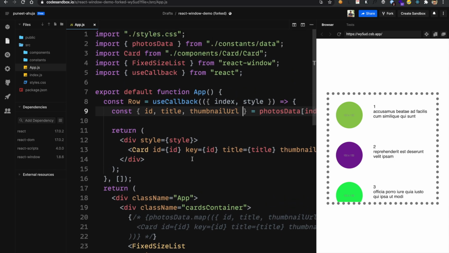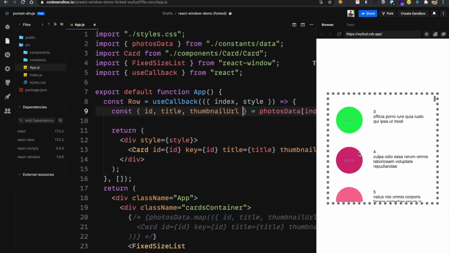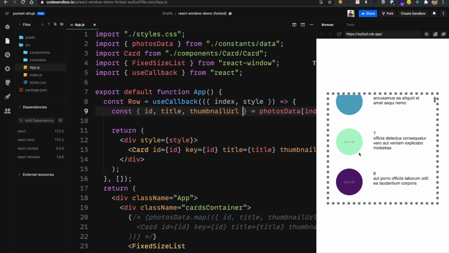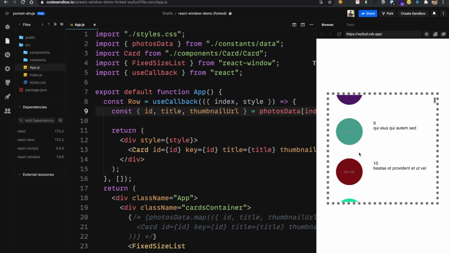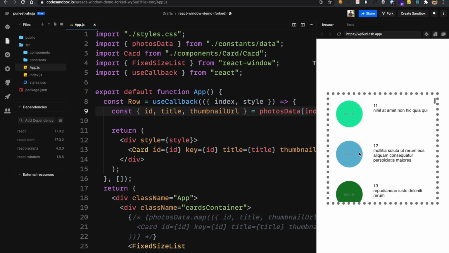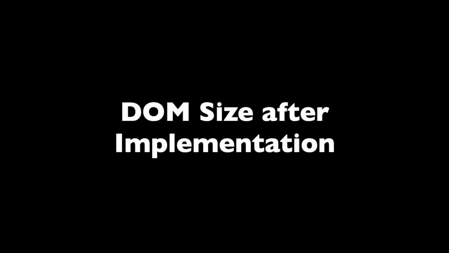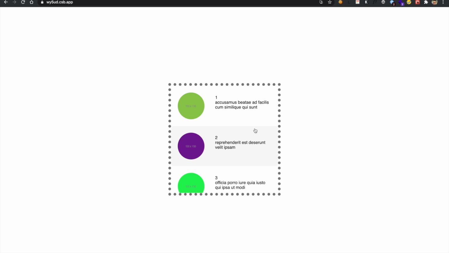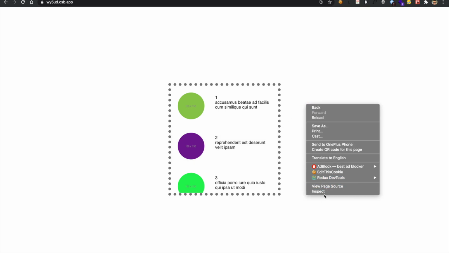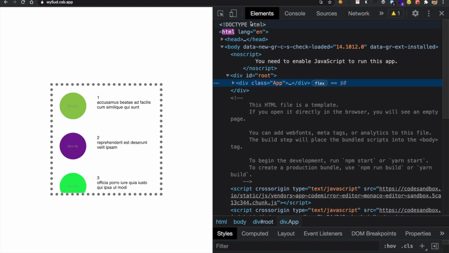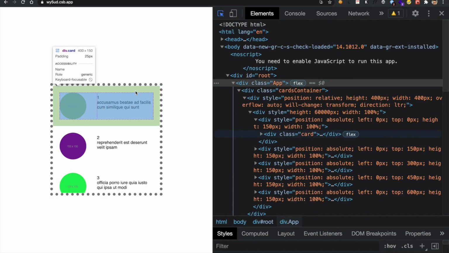Now we can check it on the UI. So if we look in the UI, it looks the same. Now let's jump to check what's the DOM size of this page. To verify the DOM nodes, I'll first inspect the web page. Let me just select a card.